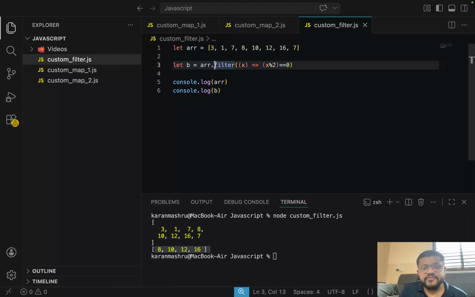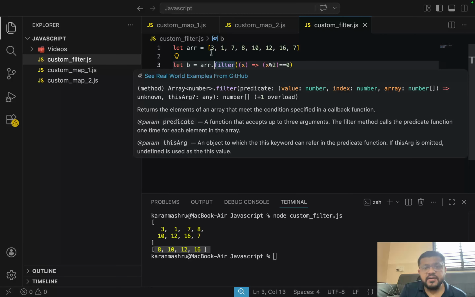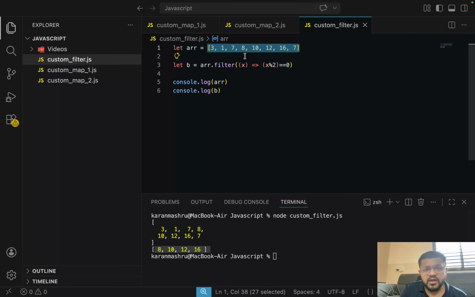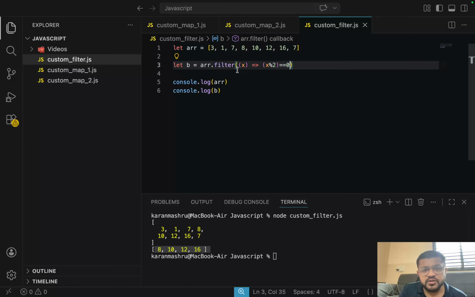तो बेसिकली फिल्टर फंक्शन कैसे वर्क करता है, it iterates over the original array on which we call the filter function, and for every element x of the original array it only takes the element for which this condition is true. Okay, it only takes the element for which this function definition returns true. तो ये एक तरीके से फिल्टर का काम करता है.